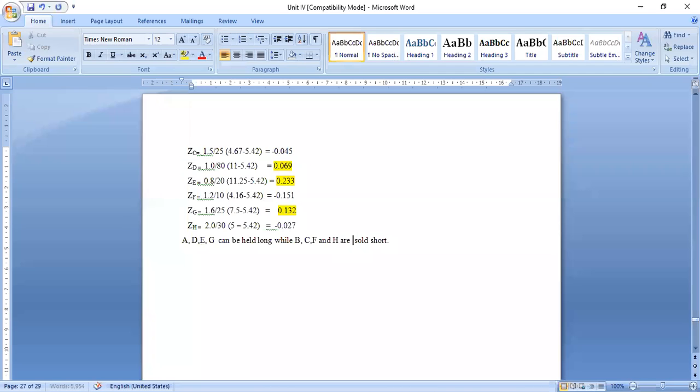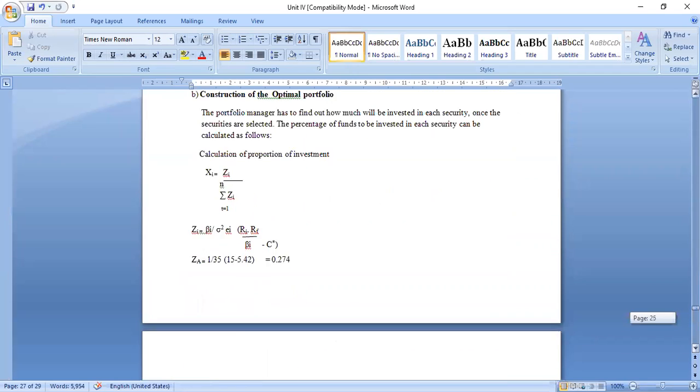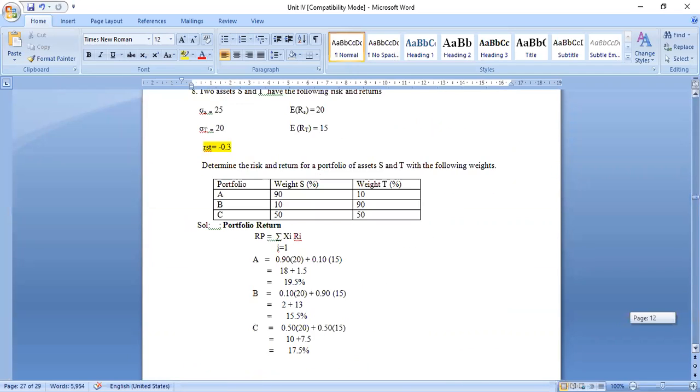Okay. And I will share this particular document in the link for all the changes that I have done, so that you can refer to this. I will convert that into PDF and just send the link in the Google Drive so that you can access it. Okay. And from Monday, we will begin with the 5th unit, that is portfolio evaluation and portfolio revision.